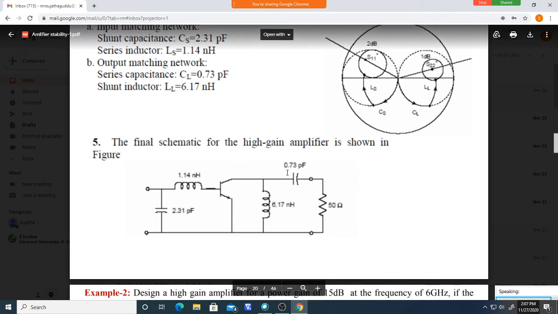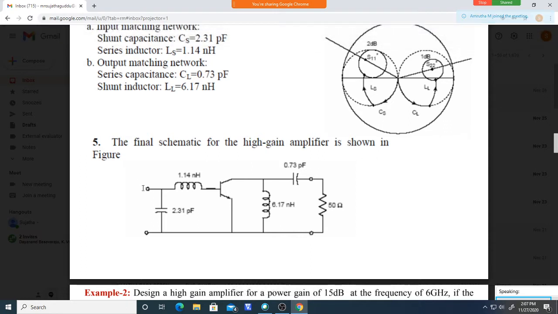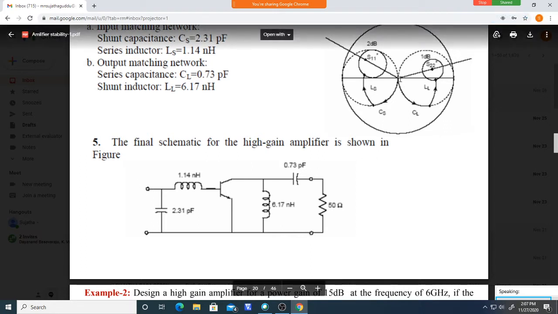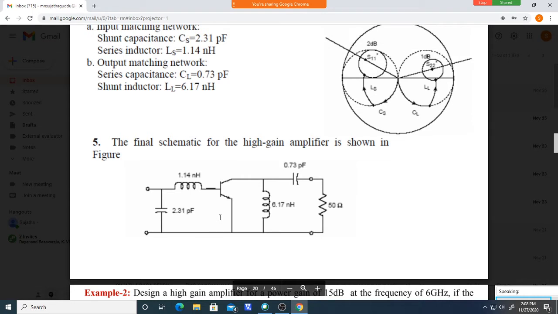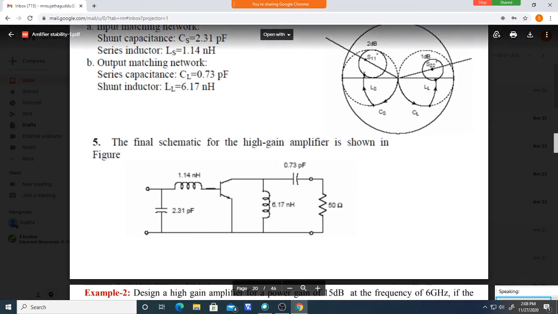Similarly, we did for this also. Say to get this particular value, you started from a 50 ohm here. This is a 50 ohm. Similarly here also, source impedance 50 ohm. So we moved from source impedance of 50 ohm to this point. So we got these two. By connecting these two, the input impedance here equals this.